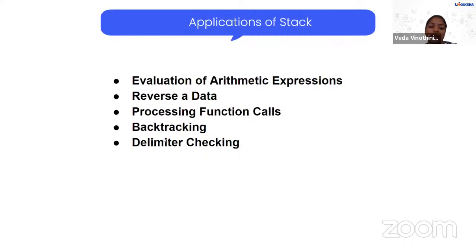And then delimiter checking, for example, while you are working in any of the IDEs, or while you are coding in any of the online compilers, just imagine like that. So while you are doing that, not in Python but in other languages like Java, C#, there are plenty of things where you need to give delimiters, right? So like colon, semicolon, or there are plenty of delimiters available in Python also. For loop, and then for if, there will be a colon at the end of that particular statement.